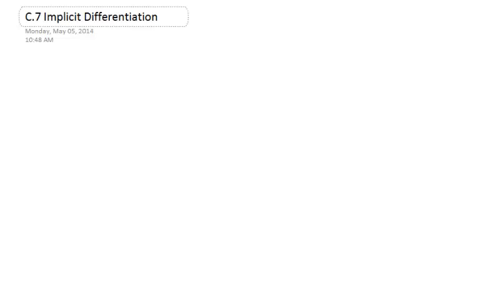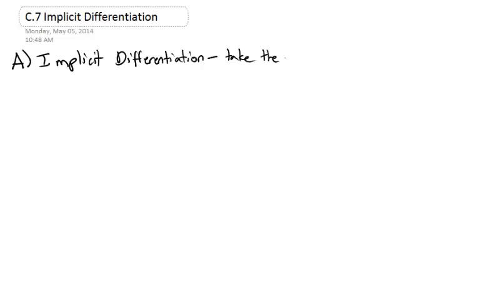Today we're going to set up some applications of calculus by talking about what's called implicit differentiation, which is really just a fancy way to say we're going to use the chain rule on steroids. But maybe a better way to define implicit differentiation is we are going to take the derivative